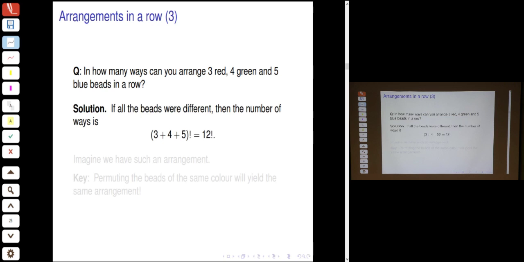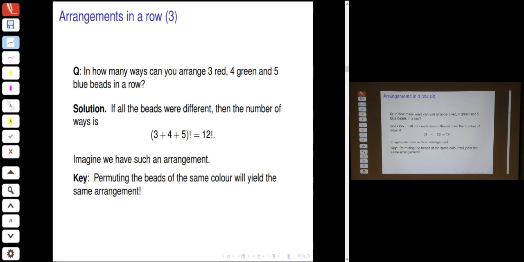So okay, we do it in a very, very slow way. Suppose, ignore the colors, they are all different beads. How many ways? Now we know. Altogether we have 3 plus 4 plus 5, which is 12 objects arranged in a line, so it's 12 factorial. But the color gives us some problem because there is some double counting, because the three